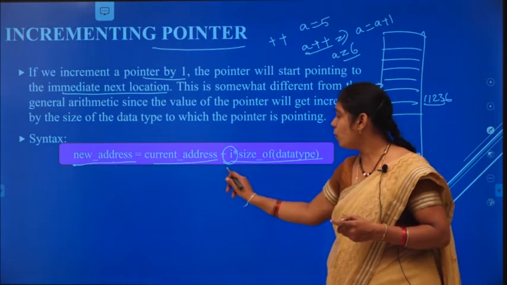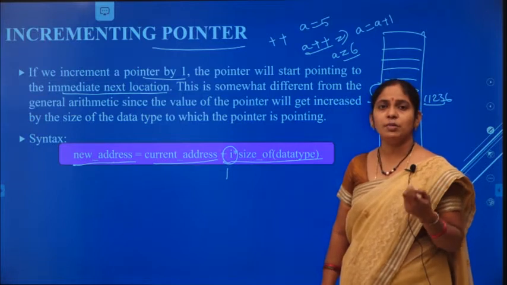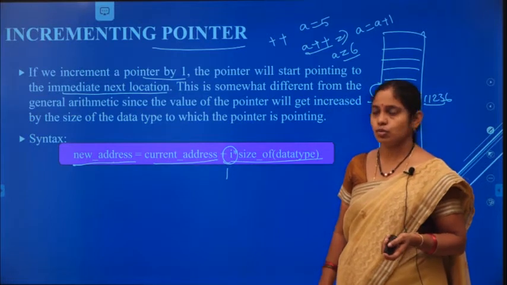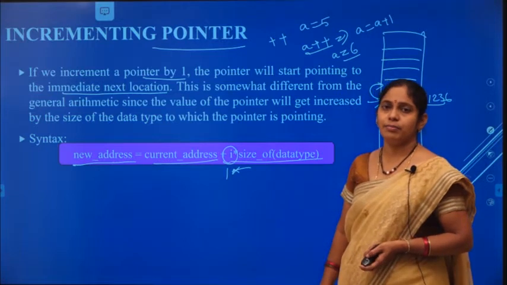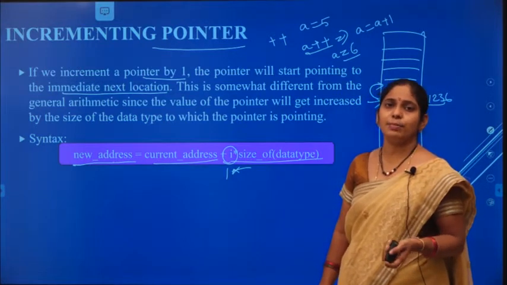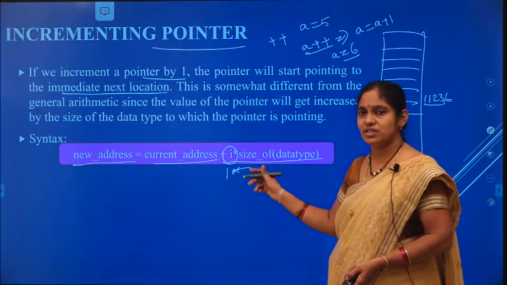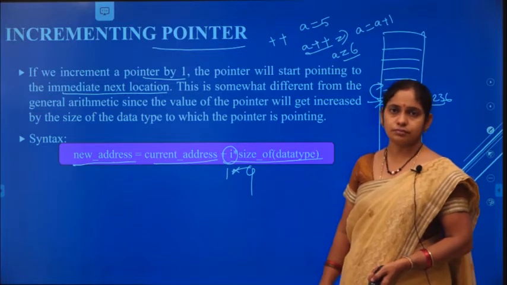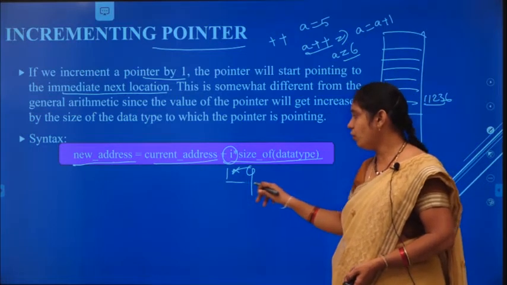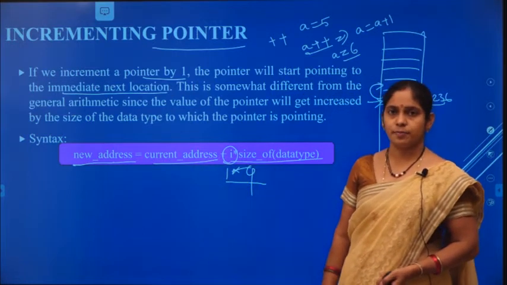If you want to perform it once, it is 1. If you want to perform it twice, it is 2 into the size of the data type. If you are incrementing an integer pointer, on a 32-bit system it takes 2 bytes and on a 64-bit system it takes 4 bytes of memory. So 1 into 4: it moves 4 locations, which are added to the current address.